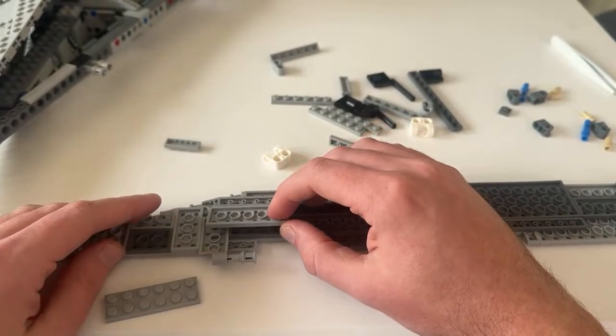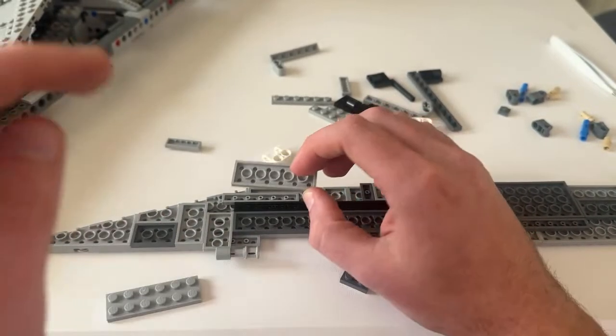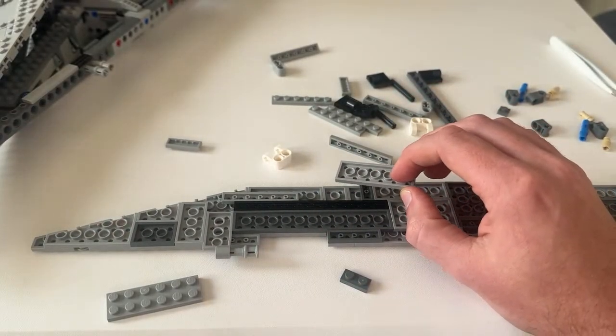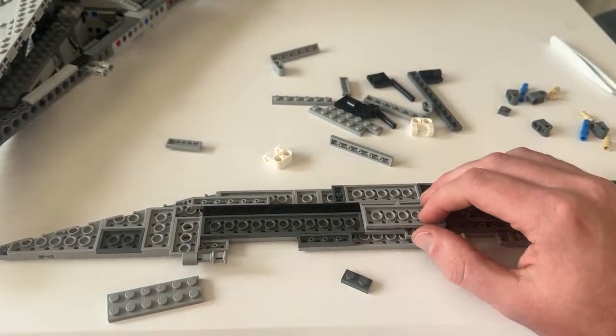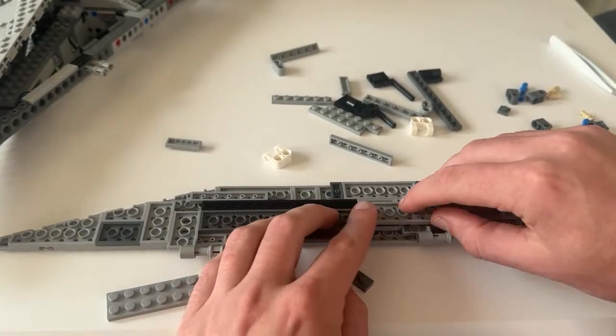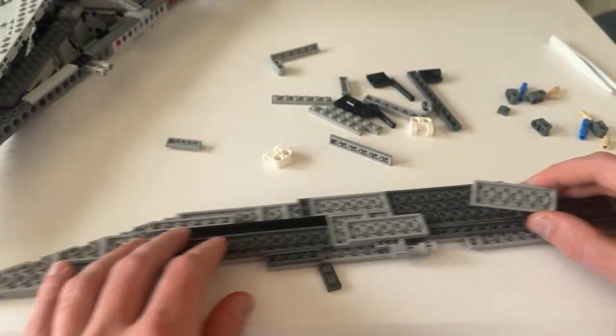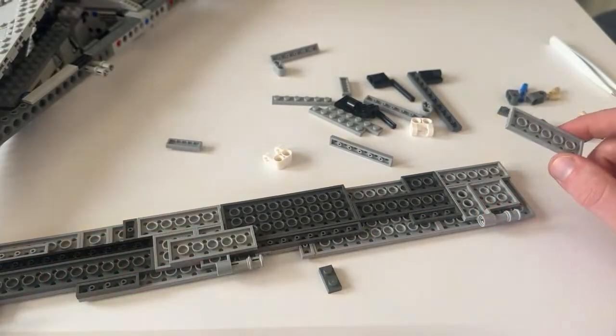All right, where's this gonna go? Do I have this in the right orientation? Okay, so this piece, it's gonna go down here, right here. And then this piece